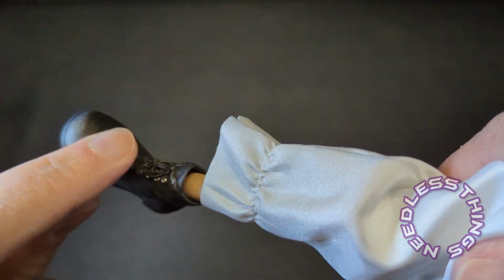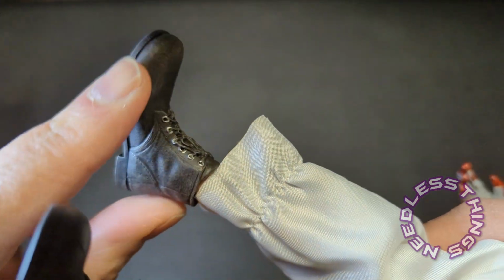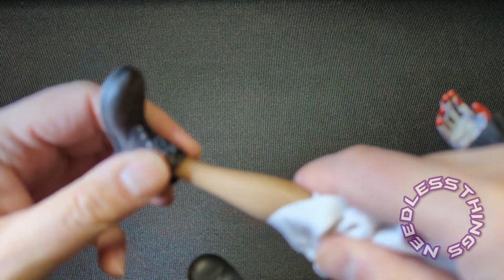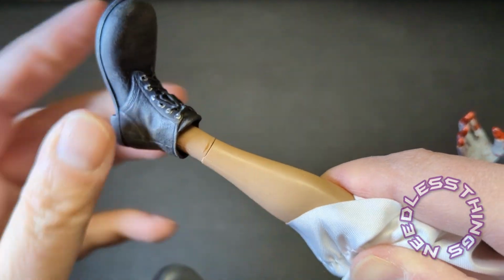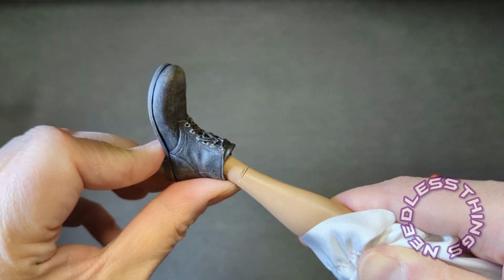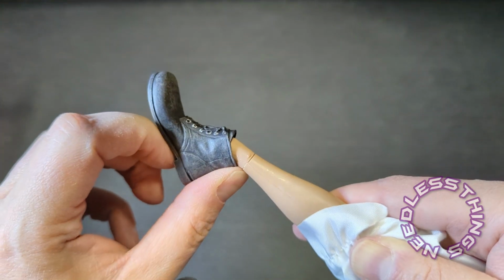You can see sort of the wear on the front of it up here. You've got the sole sculpted on, the eyelets and the laces of the boots. And then he's got a swivel, or is that a swivel? No, I think that's just where it's attached. But it does swivel, and it has, quite frankly, a lot more motion than I expected out of a boot